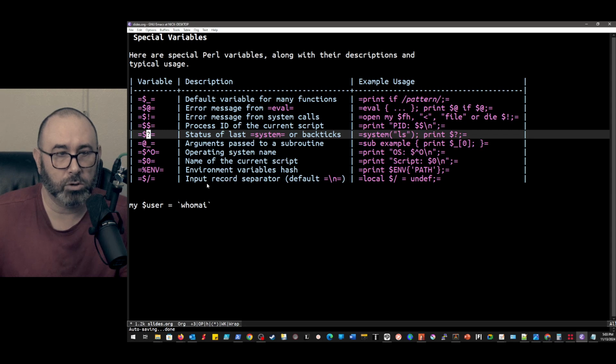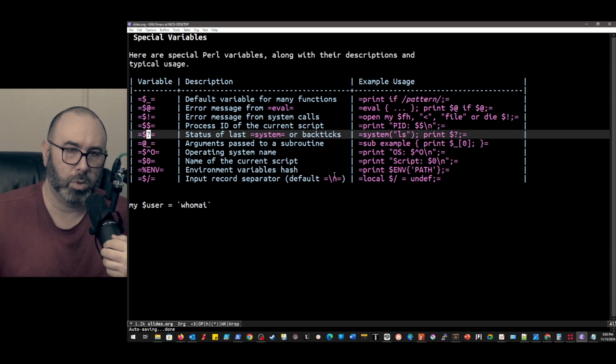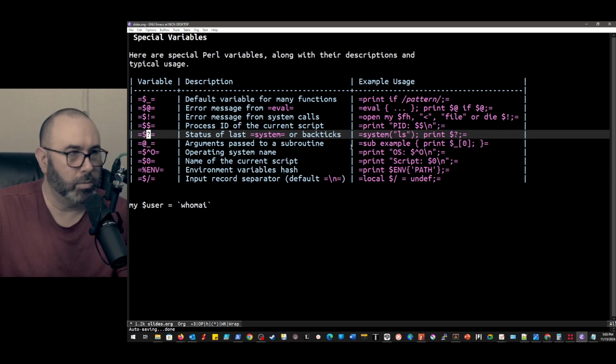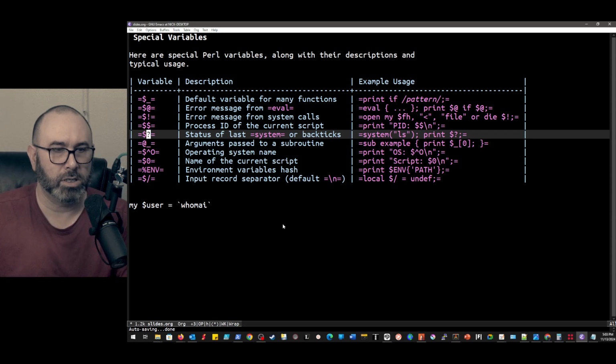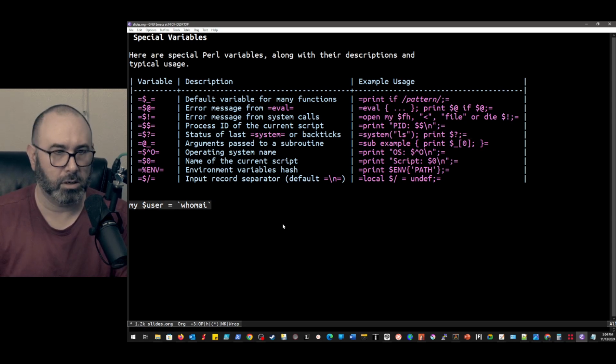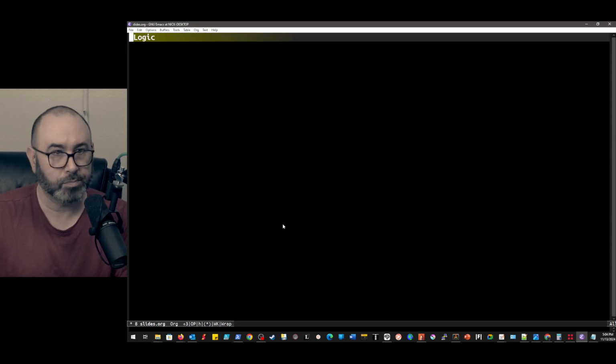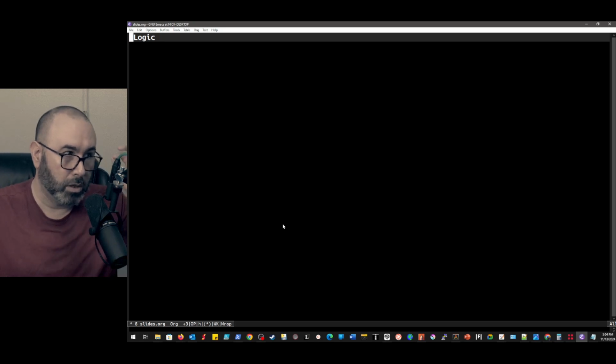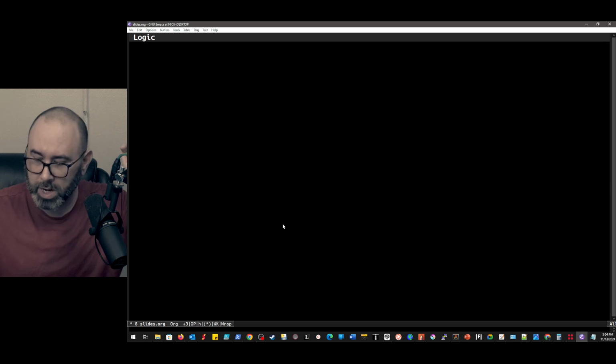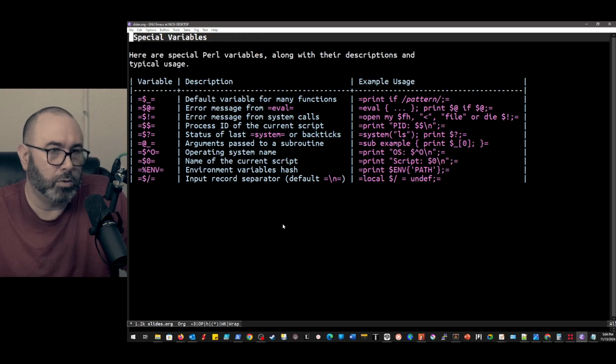If we want to change our input record separator, normally \n, we can convert this to pipes or commas or tabs, or if we were doing a CSV file or whatever it was. These are all completely valid to do. There's a little bit of it that might be less readable if you don't know these.